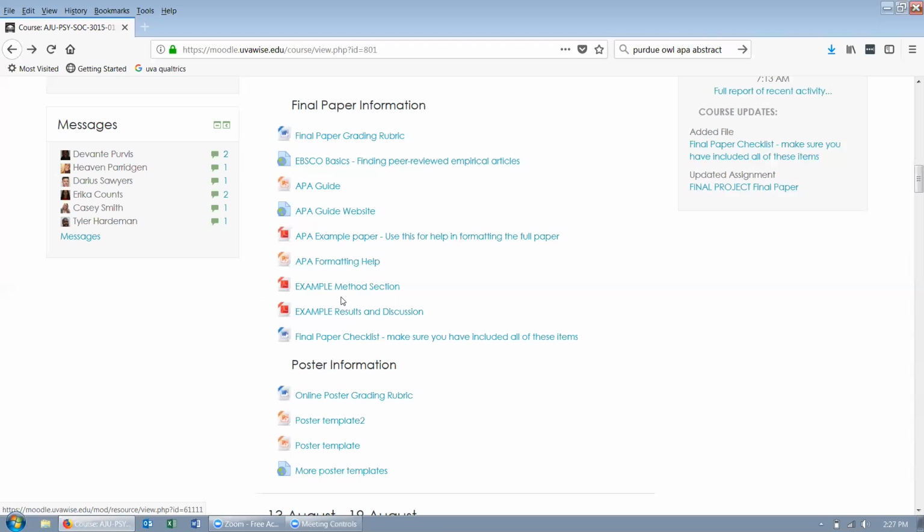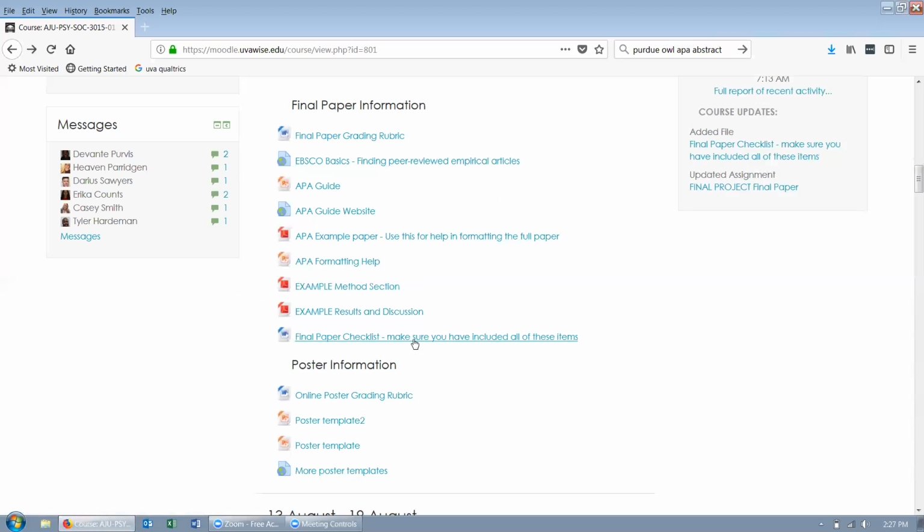The next two example papers are actually parts of papers, the example method and example results and discussion sections. They are examples of this assignment. So the content is what you should focus on in these examples in terms of how to describe the things I'm asking you to describe. Now note that the formatting in these two examples is not necessarily finalized since they're only small parts of the paper. So for example, I don't think they have the correct headings. All of that is in these formatting examples.